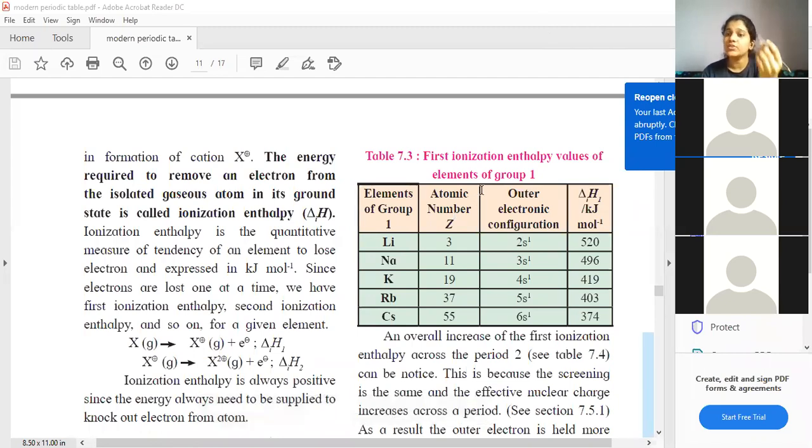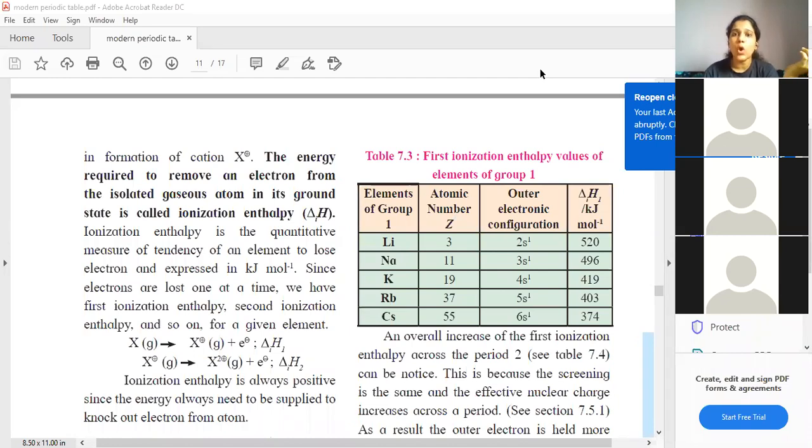So as I was saying, students, alkali metals, group 1 elements, yes or no? The group 1 elements only have one valence electron in the s subshell. That is why they are in s block, group 1, right? We have already discussed all these things. So they can easily give away only one electron. So that is the reason only first ionization enthalpy.